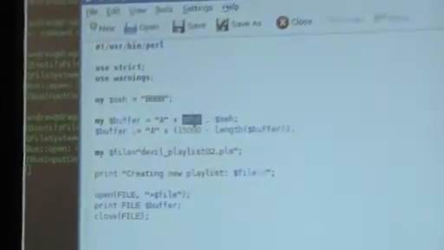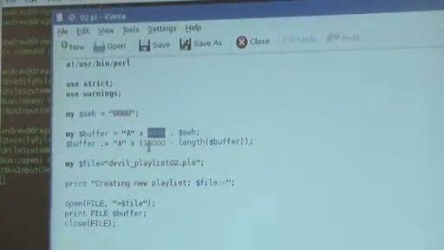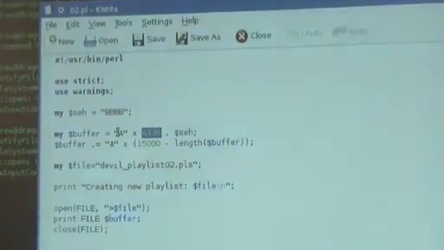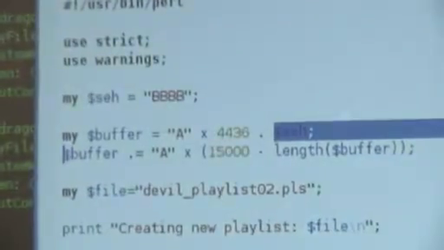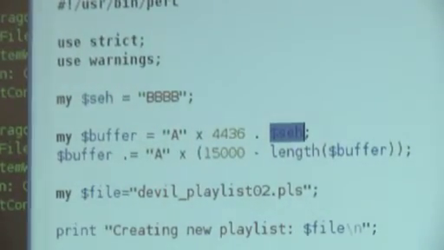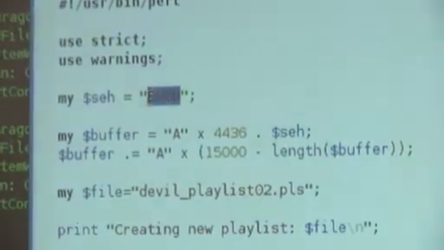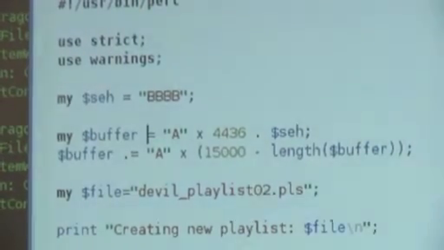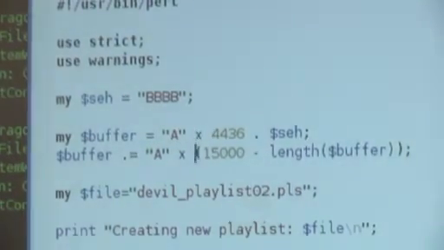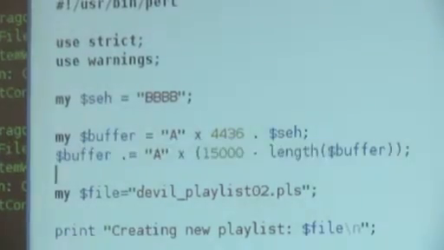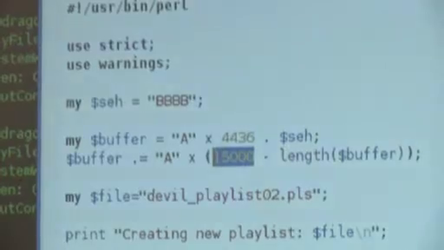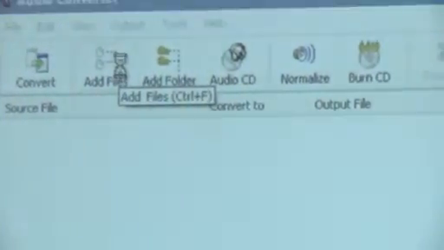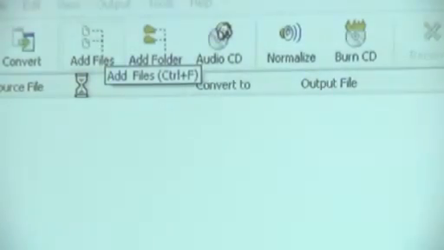And then using this we take a step further. 4436 was the offset from a base address of 15,000. We fill it with the letter A, and then we put in the address of the SEH record. Hex 4242, letter B: 41 is A, 42 is B. And then we will just fill in, dynamically sizing the rest of the bytes. If everything runs smoothly, and if we open our second playlist file,